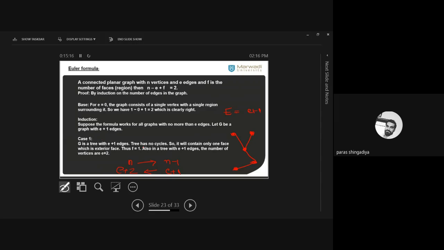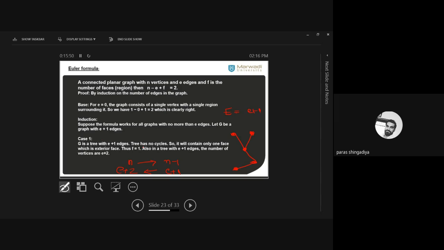So that is easy to understand. If you have 5 vertices, then how many edges will the graph contain? 4. Okay, now in place of 4 consider the e plus 1 quantity. So how many vertices will the graph contain? Add 1 to it, so 4 as e plus 1, plus 1 will be e plus 2. Clear? So we have the number of vertices as e plus 2. One graph which is a tree, in case 1, has e plus 1 edges, the number of faces is 1, and the number of vertices is e plus 2. Now use the formula. We have to prove that it is equal to 2.